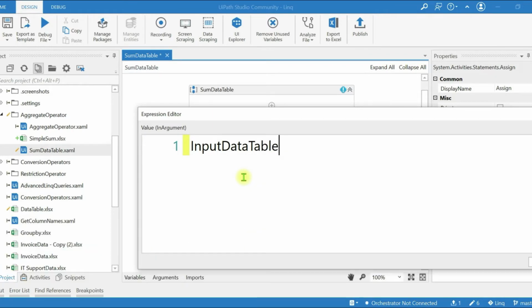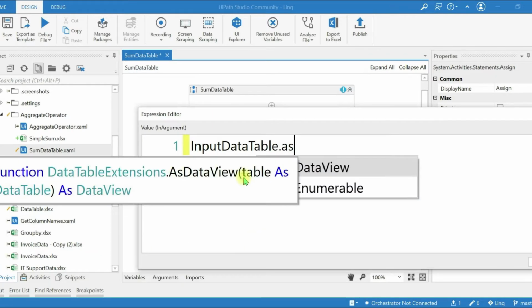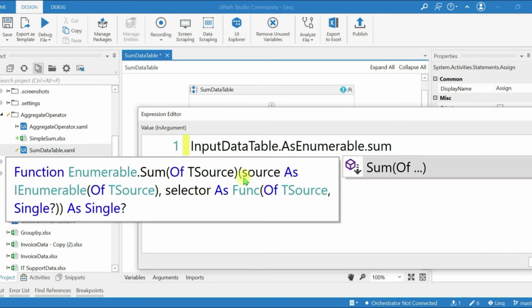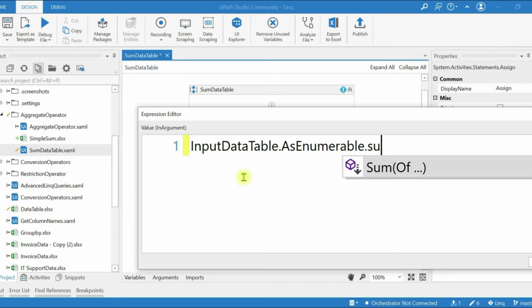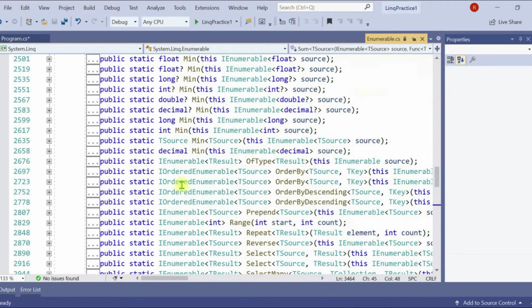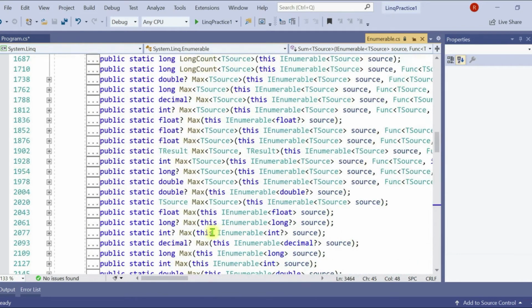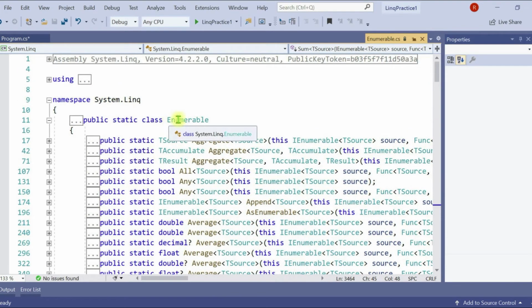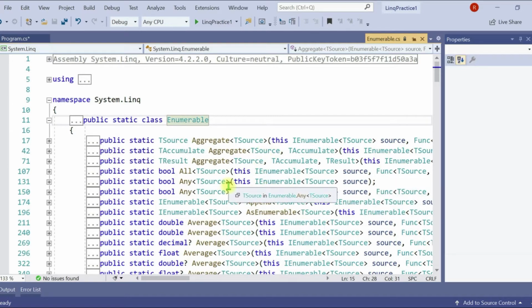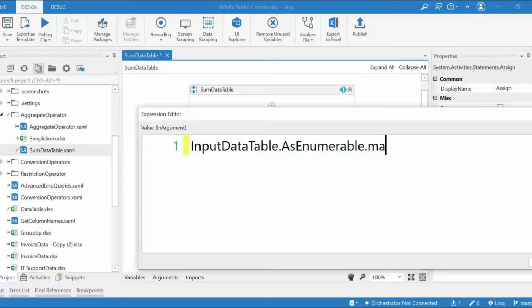If I make the data table Enumerable dot, then you can see we are able to access the sum LINQ query operator, and all other LINQ query operators are also available. Why? Because, as we saw in the part 1 video, all the LINQ query operators are available under the class Enumerable as extension methods. Okay, all the LINQ query operators are nothing but extension methods.